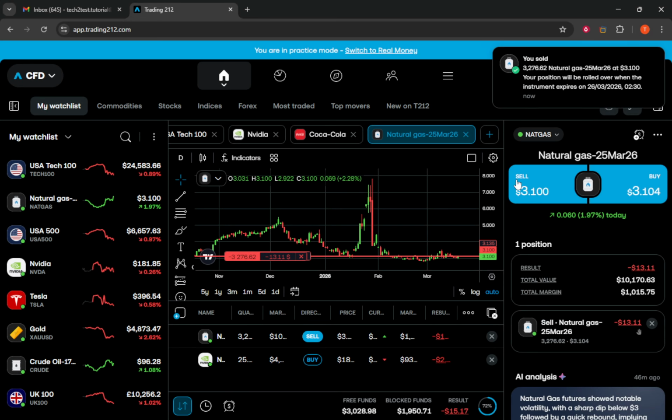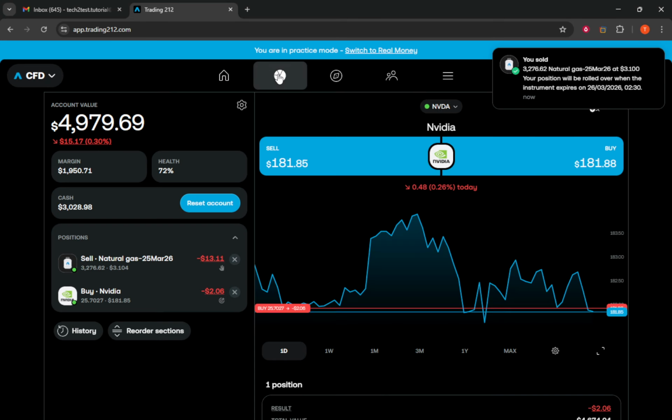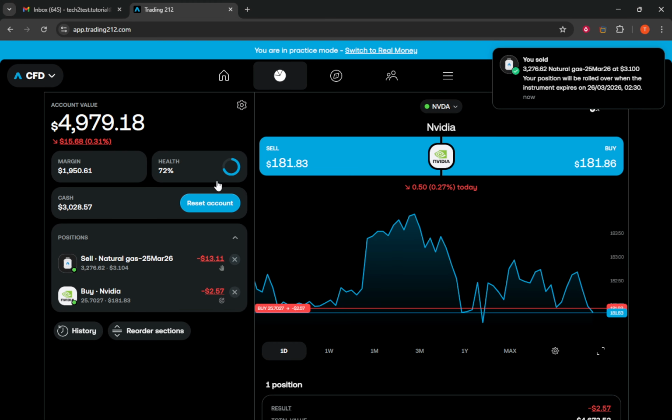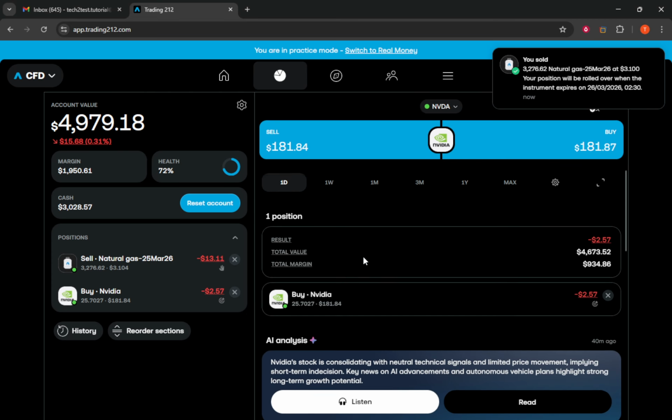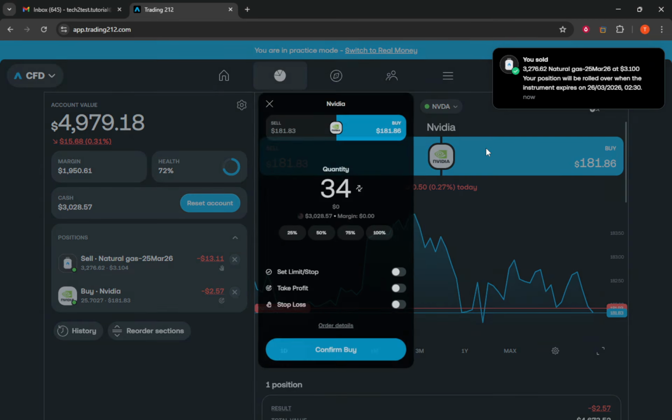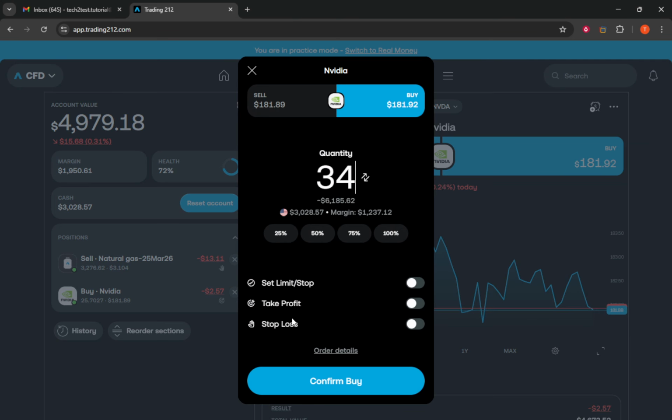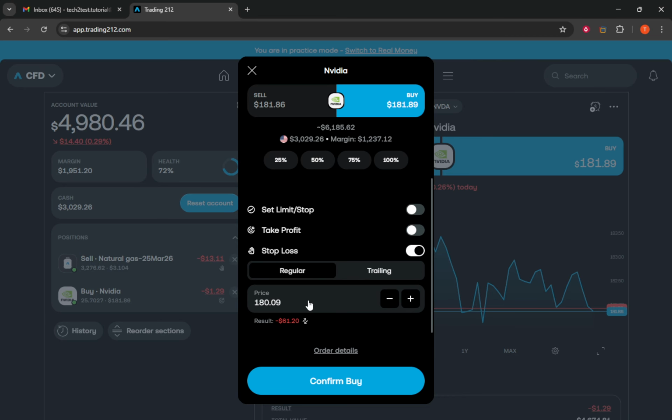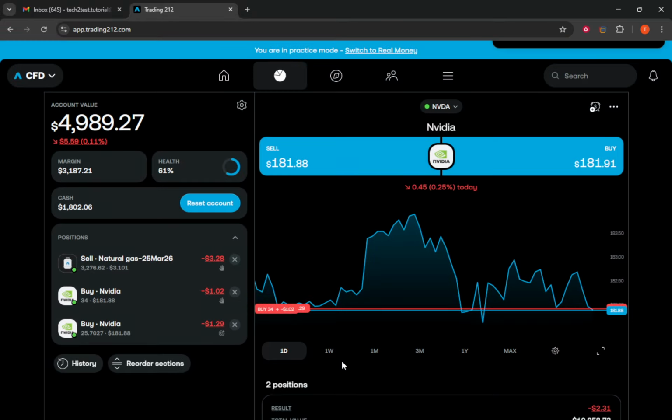Now, if you already own the position and want to add protection after the fact, go to your portfolio and open the position you want to manage. You'll see sections labeled Profit Loss, or something like Take Profit and Stop Loss, sometimes under a Modify button. Turn on Stop Loss. Enter the exact price where you want Trading 212 to automatically sell the position if the market moves against you. Double-check the level, make sure it reflects the risk you're willing to take, and then save or confirm the settings. Your stop loss is now attached to the open trade and will trigger if that price